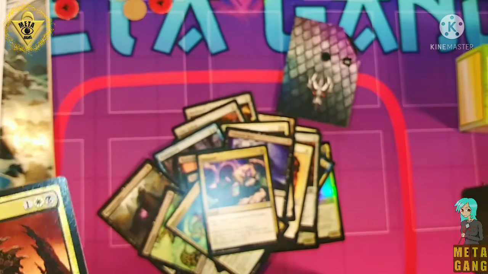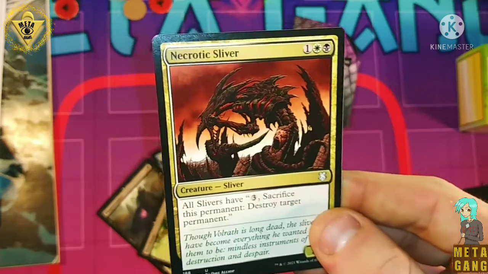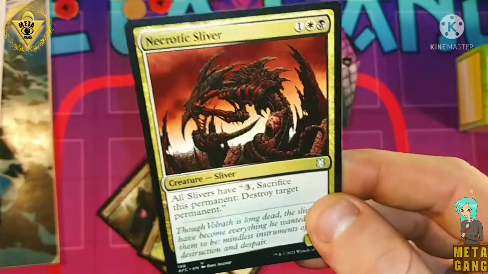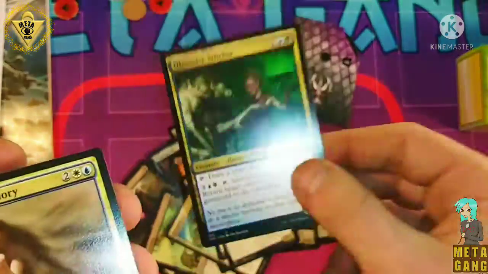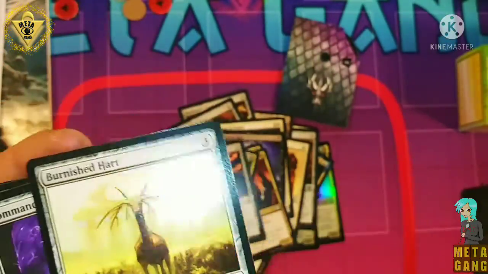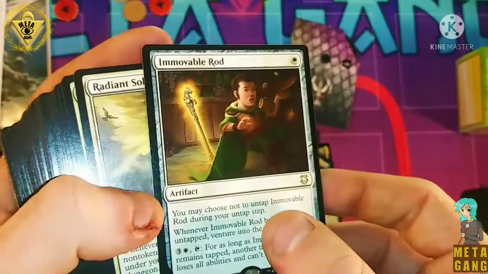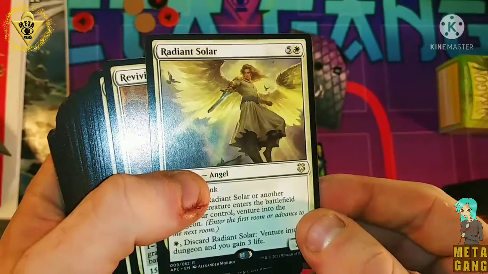Exile permanent. Oh wow, okay, that's not bad. Oh, this is gonna have some Sliver strategy in here. All right, this is gonna be fun. Human Wizard. I'm already loving this. I kind of want to see what Slivers are gonna be in here. We got the Arcane Signet, your usual commander staples. We got the Immovable Rod, Radiant Solar,